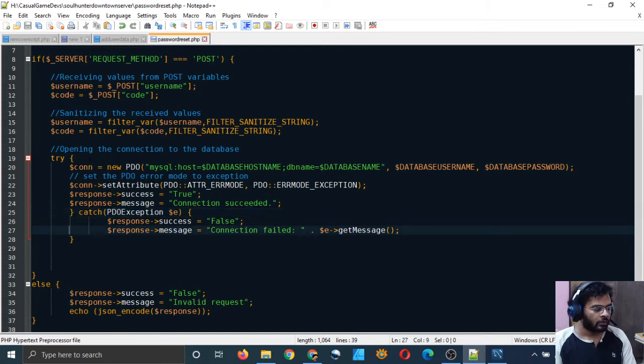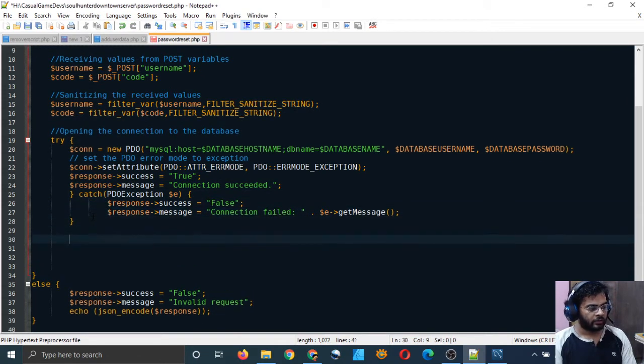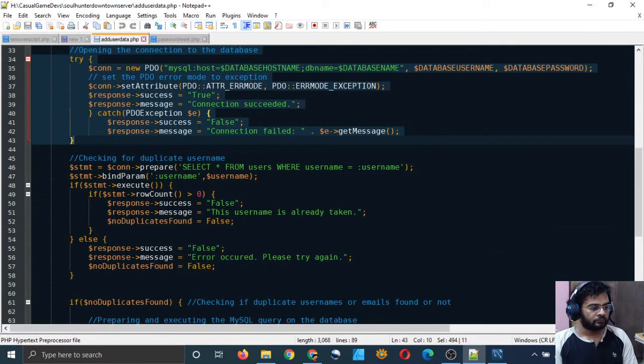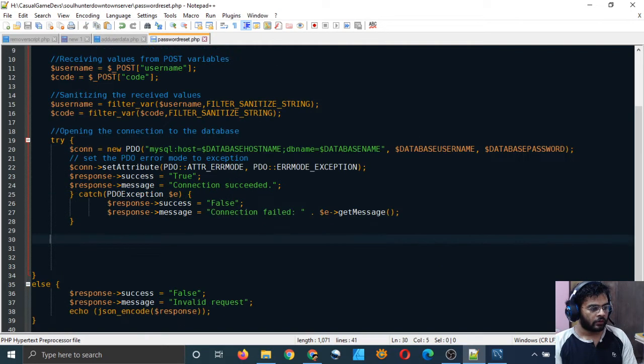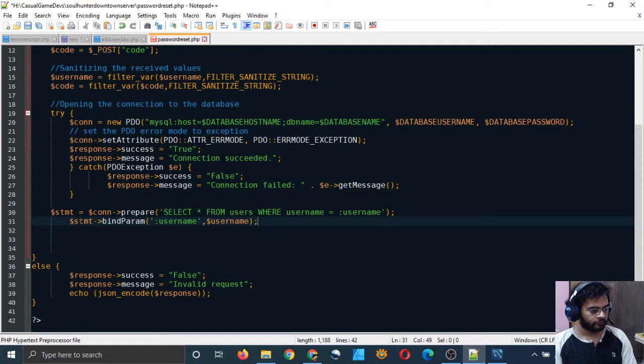Okay, and after opening the connection to the database, we have to run a select command. So let me copy these two actually, and paste it here.